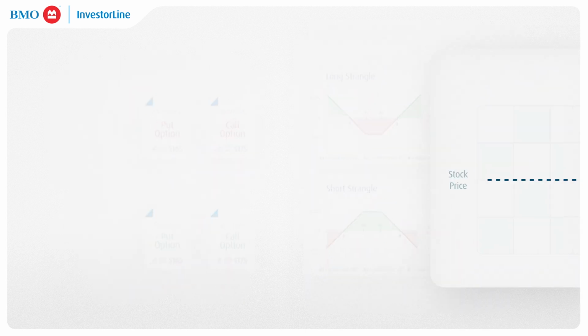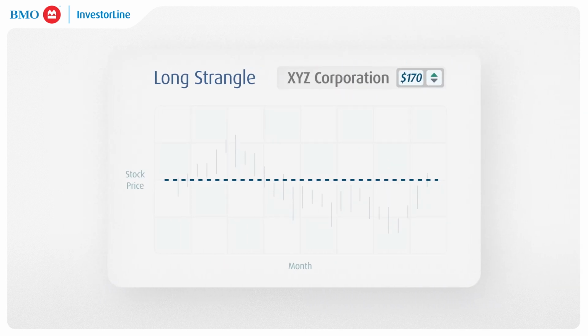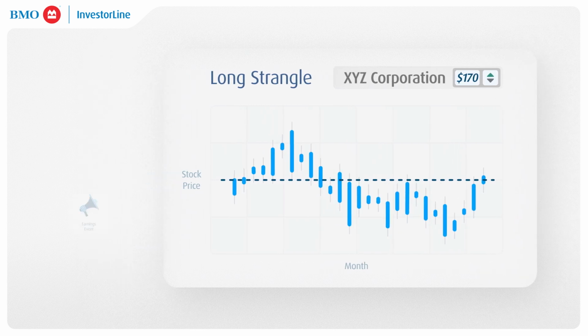Let's first construct and review a long strangle. Let's say XYZ is currently trading at $170 and has an upcoming event, such as earnings, and you believe the stock will make a significant move in either direction. This is where a long strangle can be a suitable strategy to potentially profit from a big move, regardless of